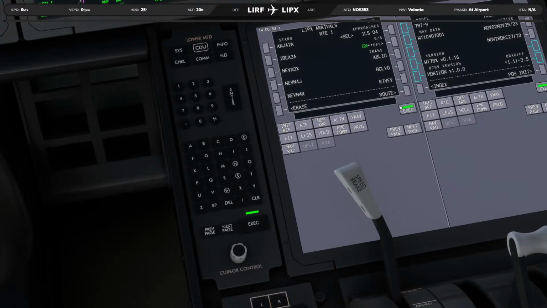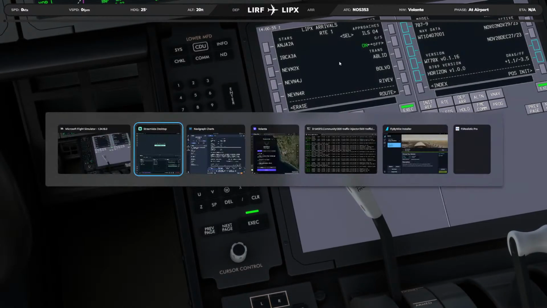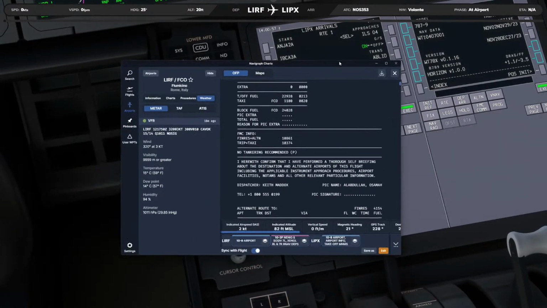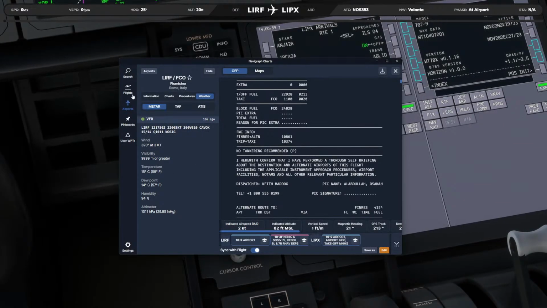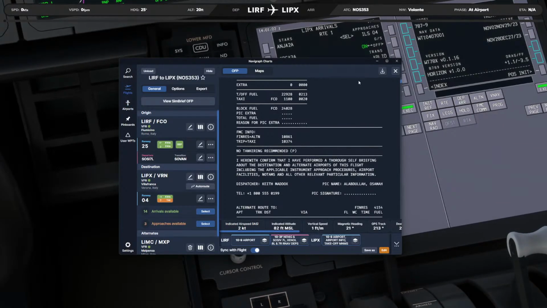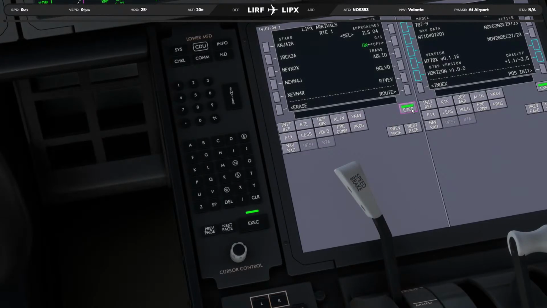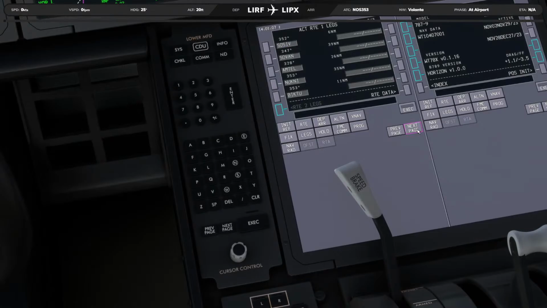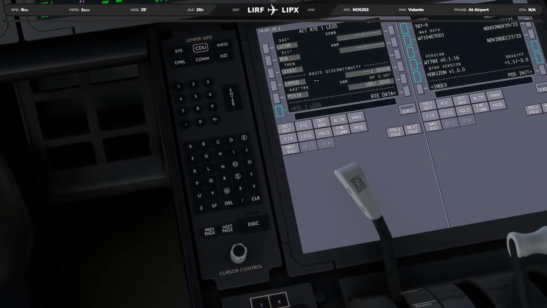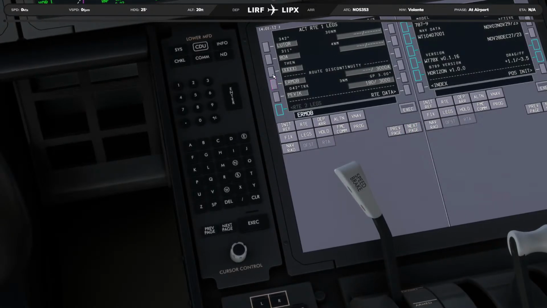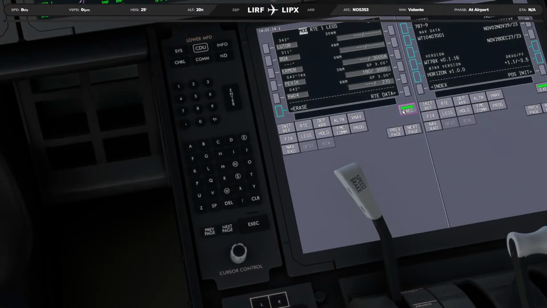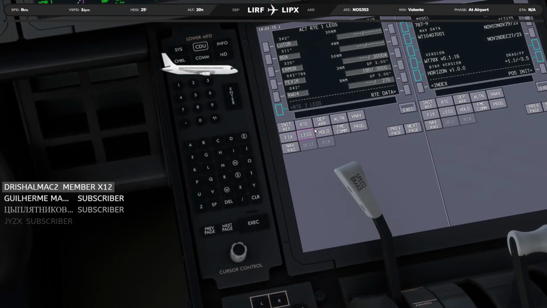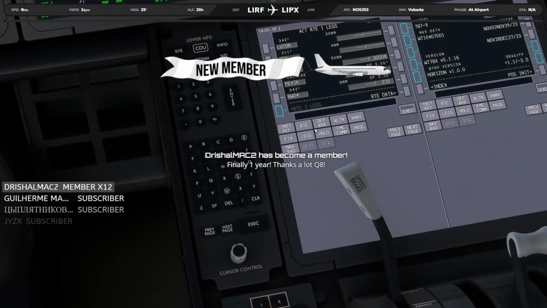All right, let's go ahead, and there is no arrival, so there is no STAR. If we go here to the flight, there is no STAR. And so we're just going to go ahead and say execute. Next, we're going to go to the legs page and go next, next, and we can select this one here and execute. And now we are pretty much good to go.